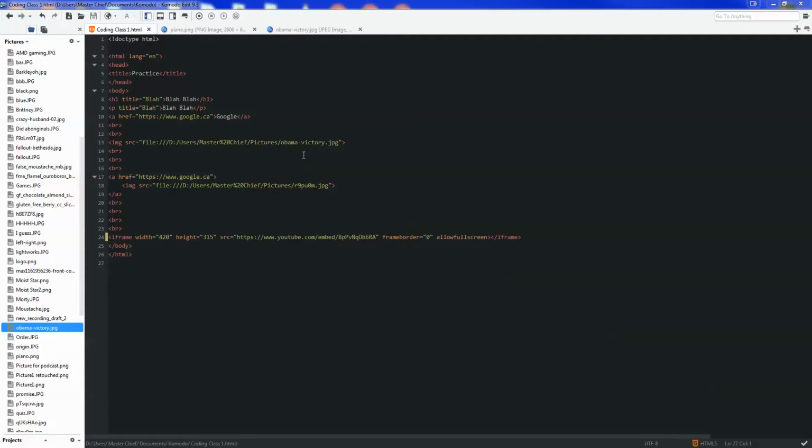Real quick, I'm just going to show you guys this. We're going to go over this a lot more in CSS, but if you don't want to use CSS yet, you can use a tag that determines the relative position of anything. And what that means is anything in HTML alone has to be left, right, or center. So let's say we want this picture of Obama to be on the left. We would just add,